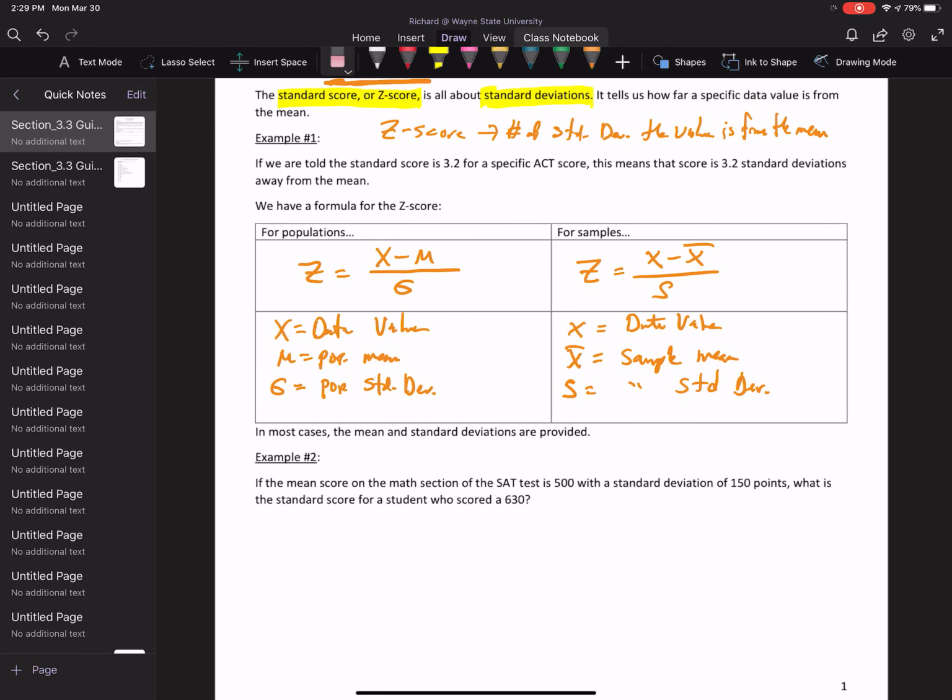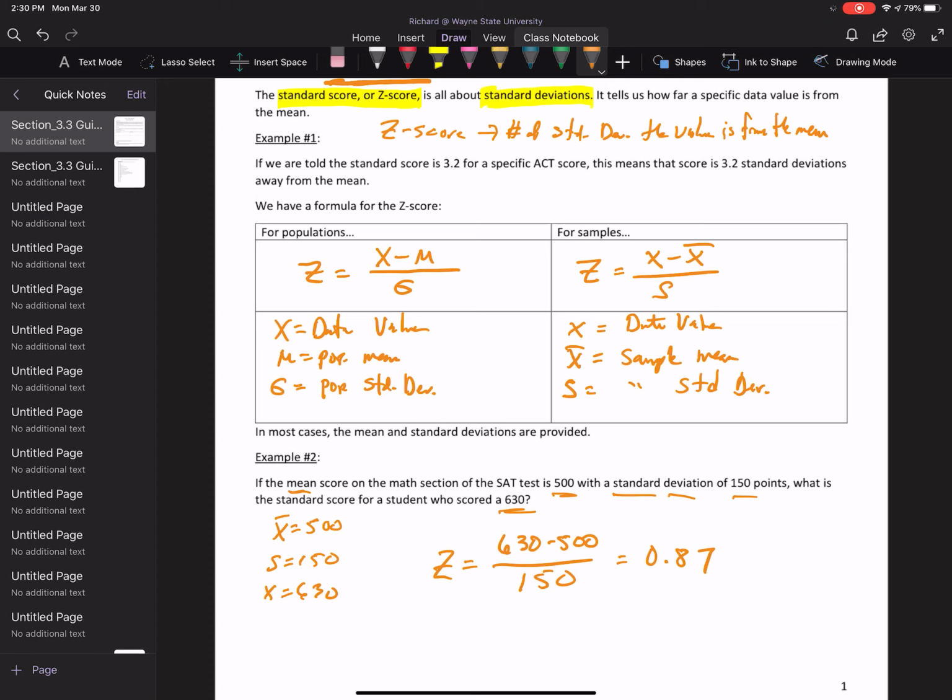It's asking: if the mean score in a math section of the SAT test is 500 with a standard deviation of 150 points, what is the standard score for a student who scored 630? We're told that the mean is 500, so x bar is 500. The standard deviation is 150, and the data value in question is 630. So we've got the necessary pieces. We take x, which is 630, subtract the mean, 500, and divide by 150, and that gives us about